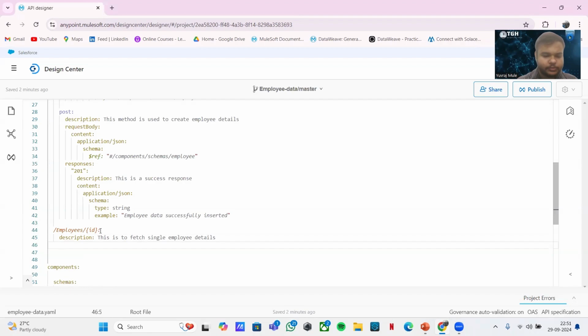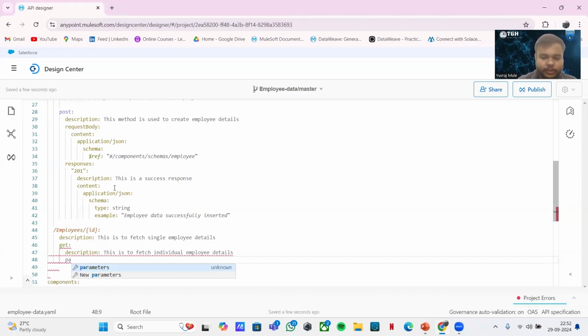Now let's define the get method and give a description to it. This is to fetch. Now let's define the